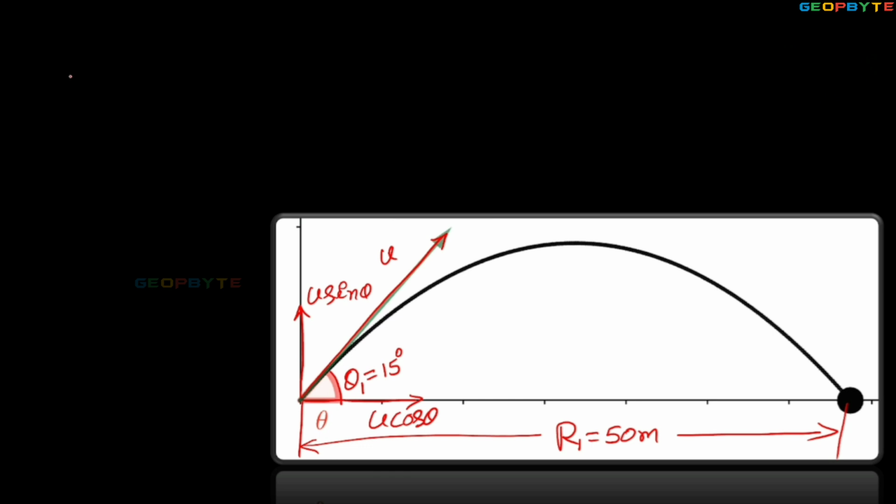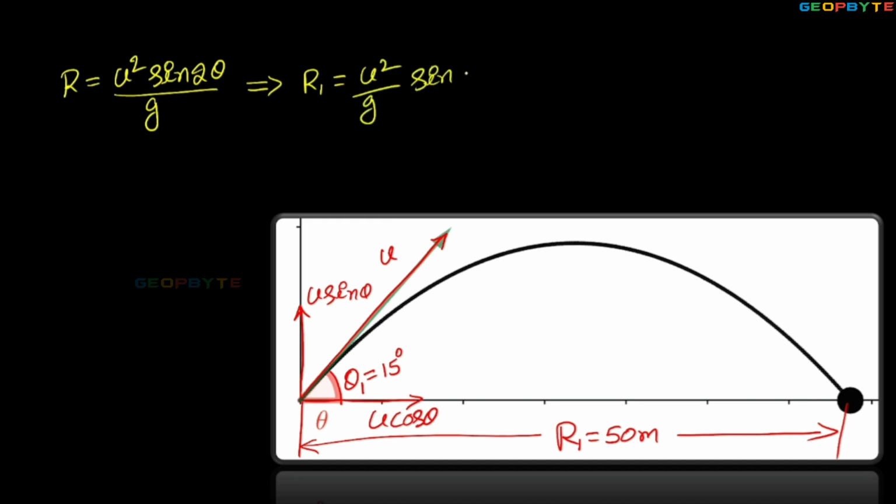As you know, the formula for range: range R equals u square sine 2 theta by g. Then R1 equals u square by g into sine 2 theta 1. Theta 1 is 15 degrees. Range R1 is given as 50 meters, u square by g into